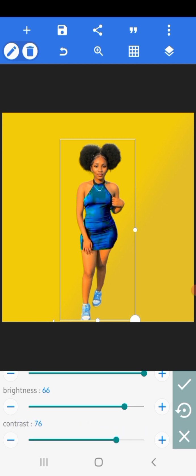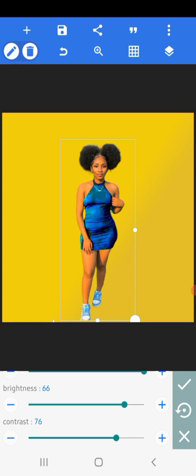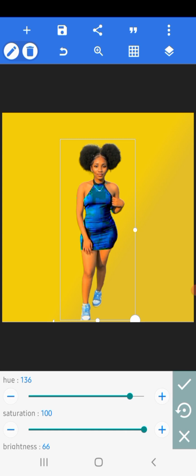So you know the original image was black, so it has changed from the black now and is having a different look. So you just make your adjustment anyhow you want it. This is red. If I want it in red, if I want it in blue, so you can just give it any color at all that you want. Just position it